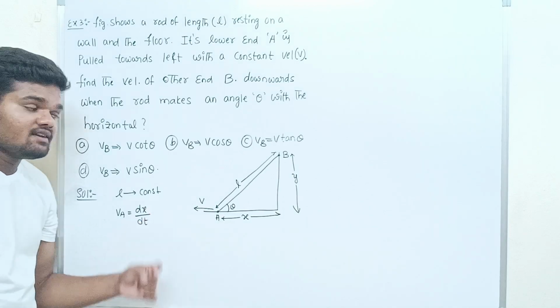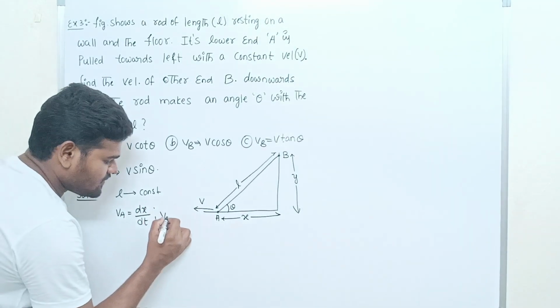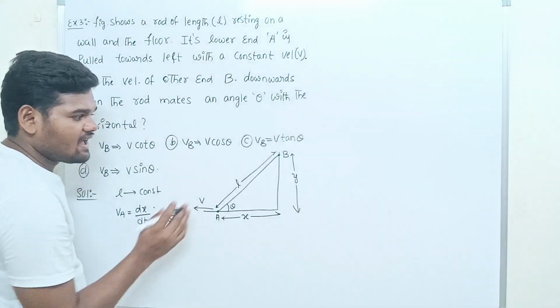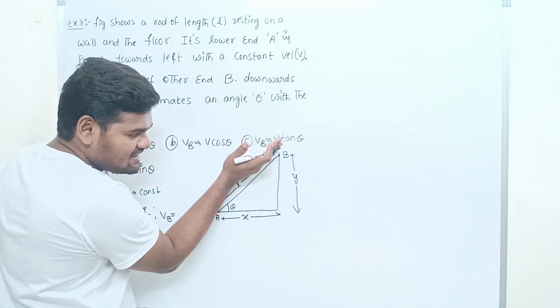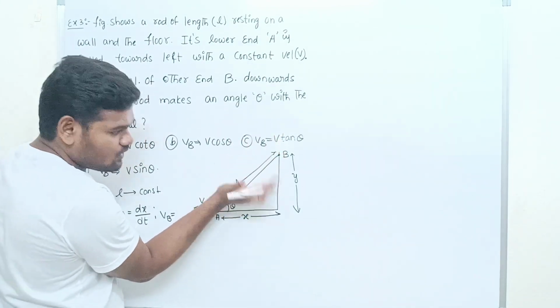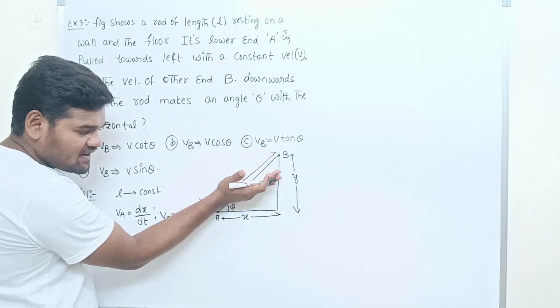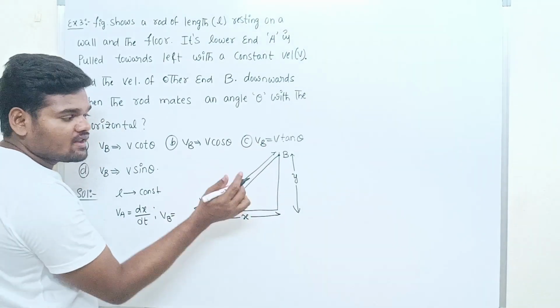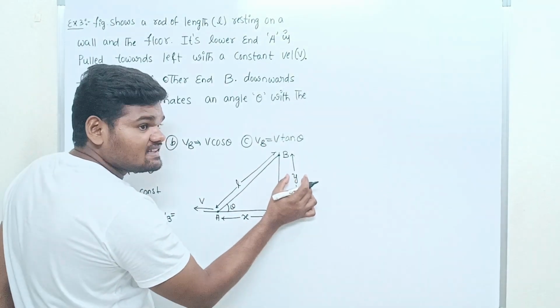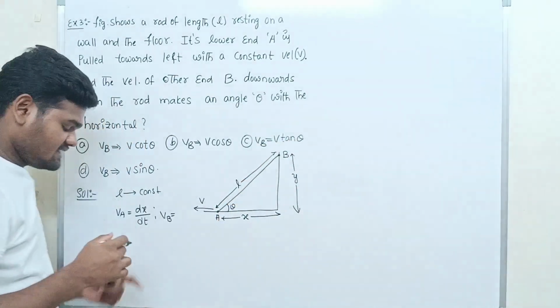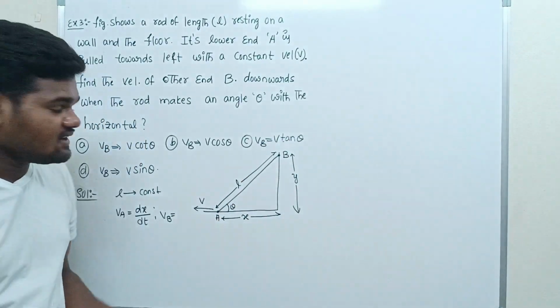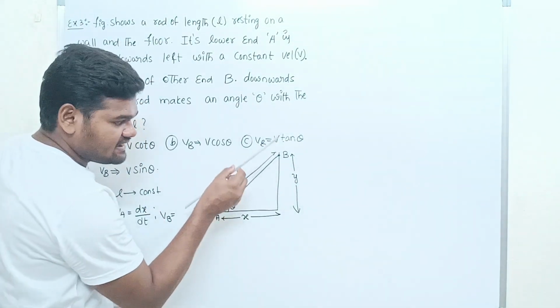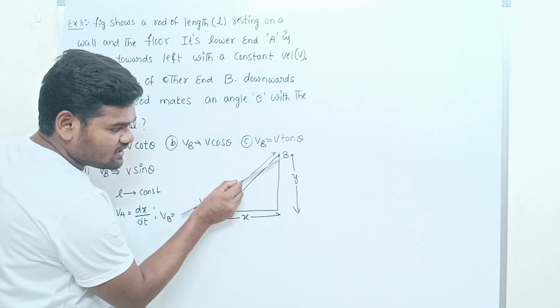dx by dt. So have a look. Velocity of the particle at B. Whenever this rod is moving in a downward direction towards the floor, this y component decreases. So this is a rod of length L. When it is moving towards the ground,